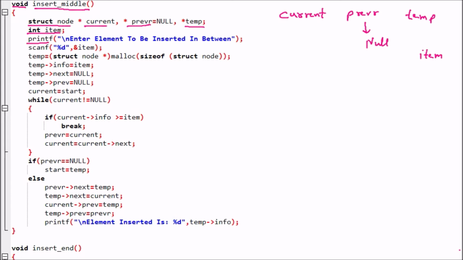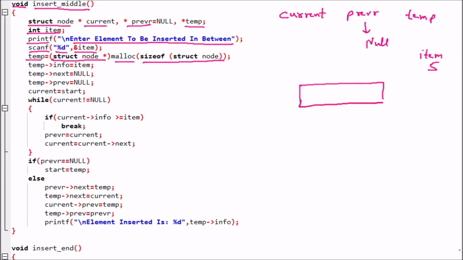Now int item, one more variable which is taken. Then printf, enter element to be inserted in between. So first of all, on the user screen there is a message, enter the element. scanf %d item, so the user has entered the item, let us suppose 5. So 5 we want to insert. temp is equal to struct node star malloc sizeof struct node. So one node is created, and this node is the doubly linked list node.